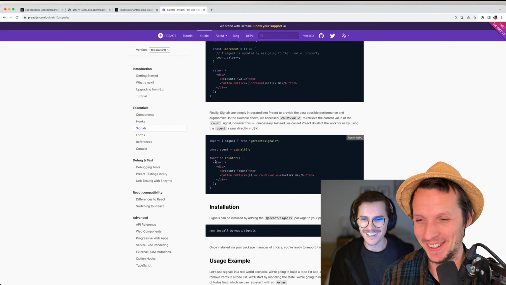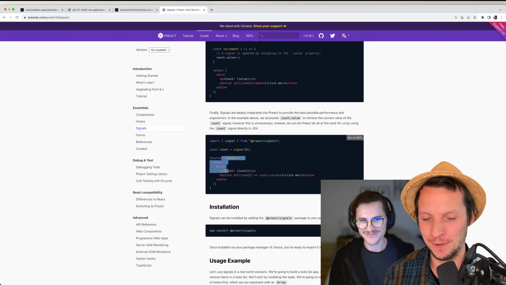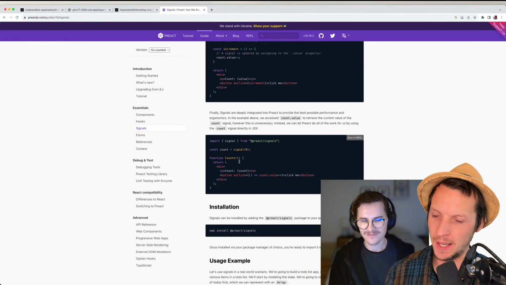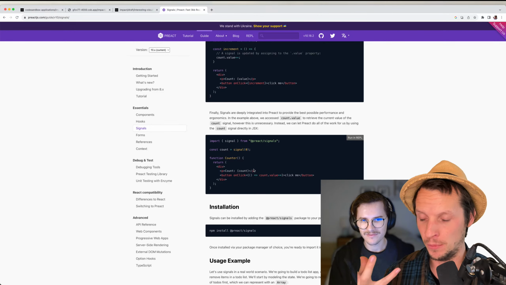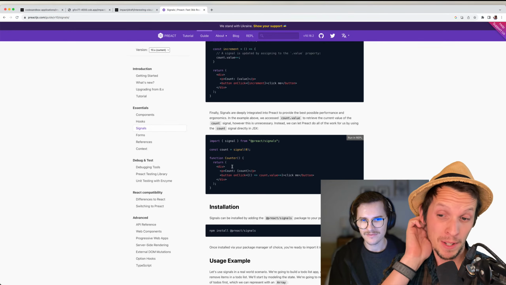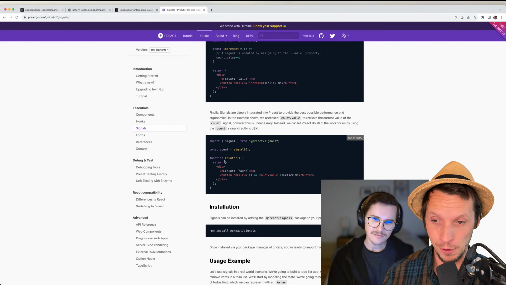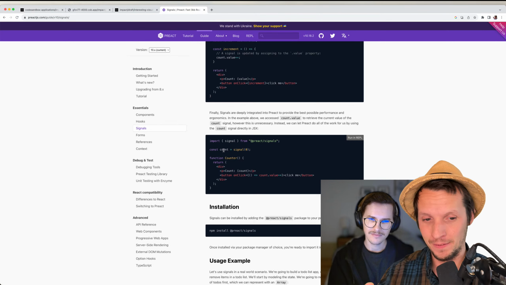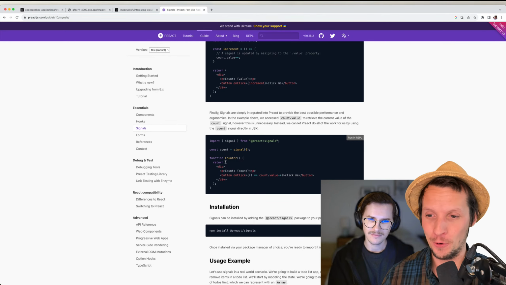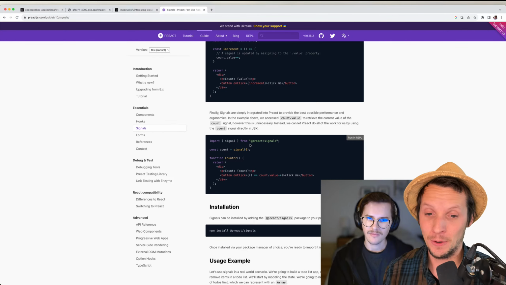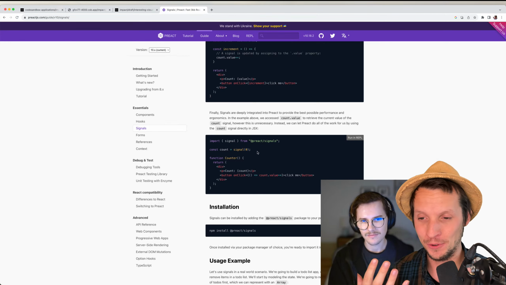And they talked about how Carleone would put the signal inside the component first, and the component body doesn't execute again, it just executes once, and the mental model is much simpler, which I totally agree with. But then they gave the example: if you want global state, you can literally just move the line of code outside of the component, and it works exactly the same, but now you have global state, which is also great for the mental model.